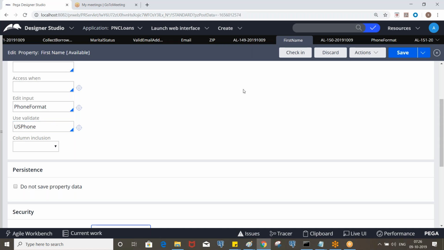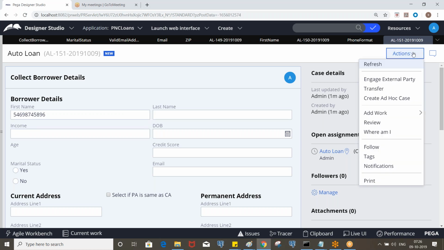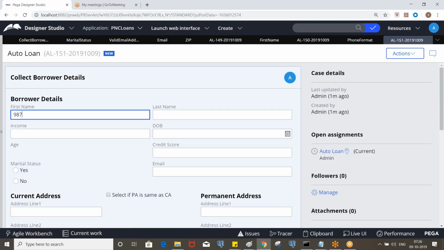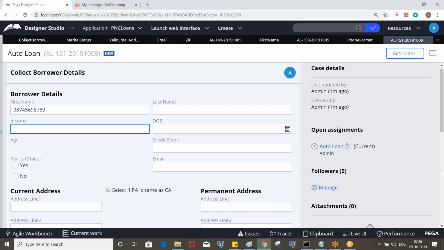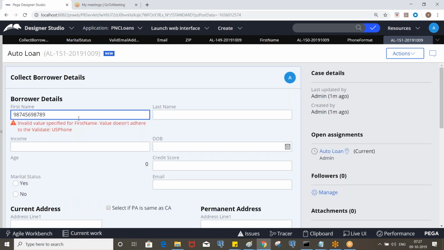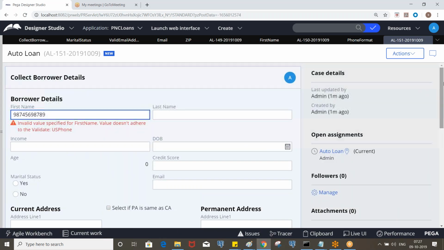If it is already in the format, then we don't need to handle it. Let's see that. 1, 2, 3, 4, 5, 6, 7, 8, 9, 10, 11. It's not valid. So it has to validate before clicking on submit.